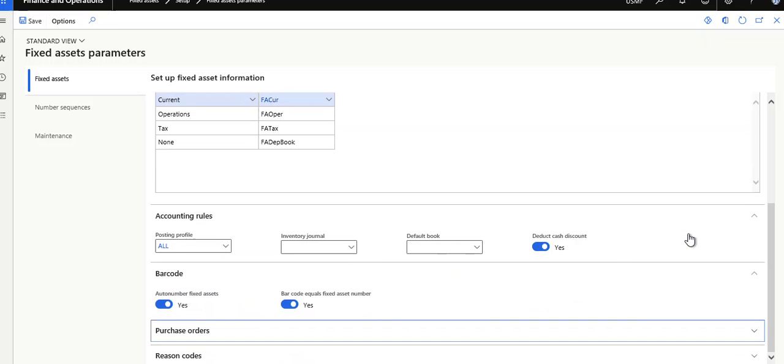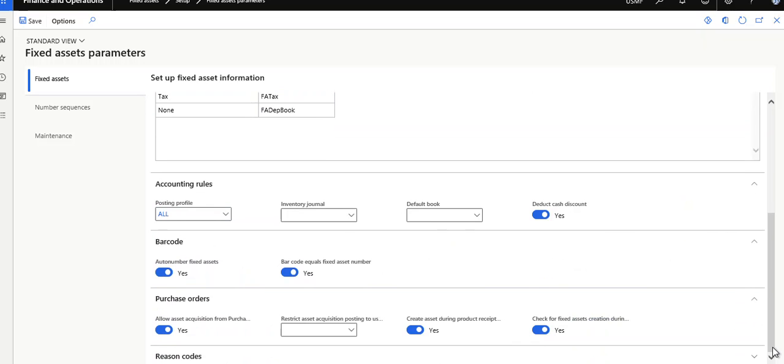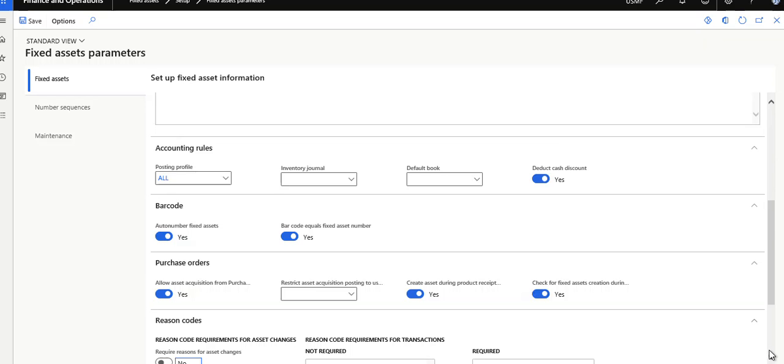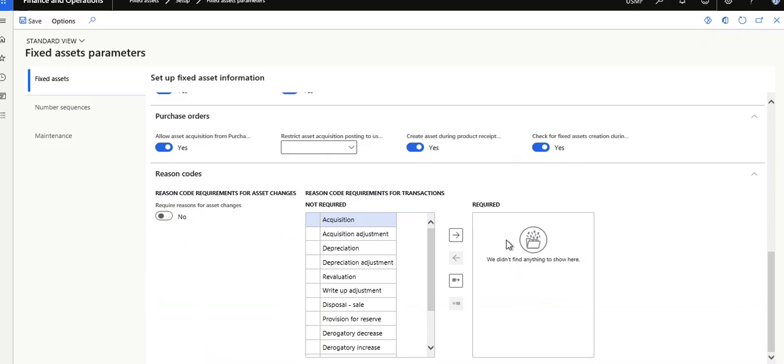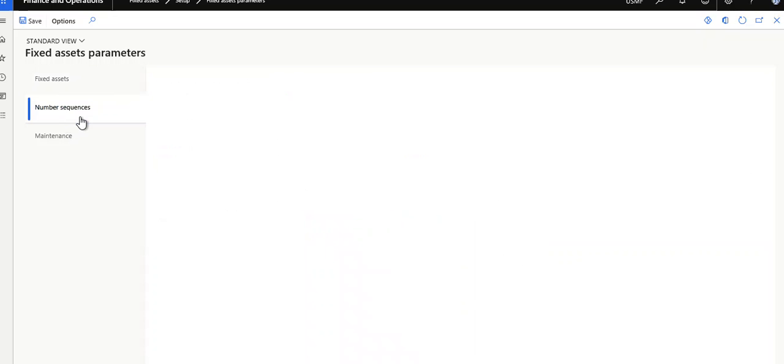After that, purchase orders related setups, then reason code, requirement for transaction not required, and required you can select, then number sequence,